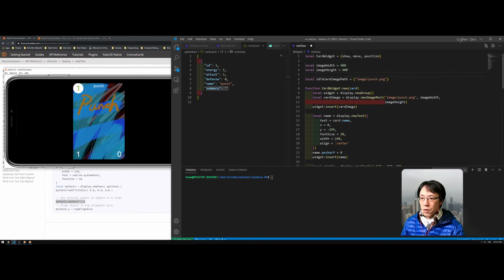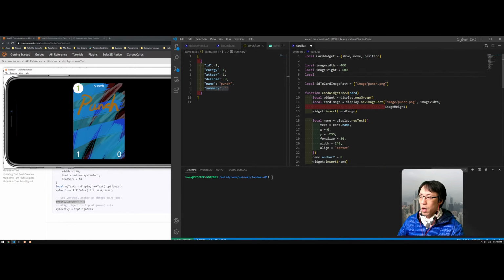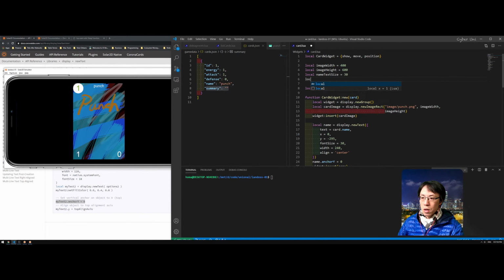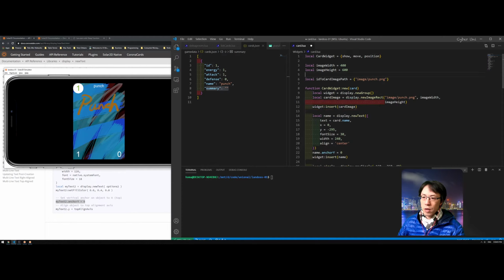So for example, I will be describing name text size equals 30, and then local, the dimension I can probably keep over there. Well, actually for now, let's just